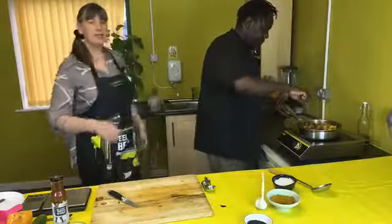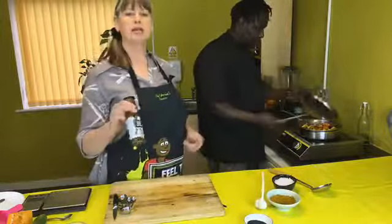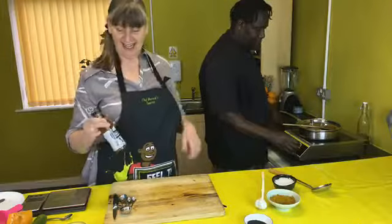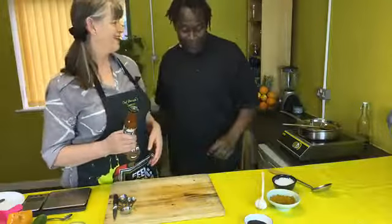Now, the reason I keep stopping in putting the water in, and we put a little bit in at the beginning, didn't we? But it's because we're going to put some of our tomato ketchup in. And that's the reason, because that's the secret. Yeah, that's the tomato secret. Ketchup. So our tomato ketchup doesn't have any heat in, but as you know, I just put that chili pepper in. See, I didn't know anything about that because